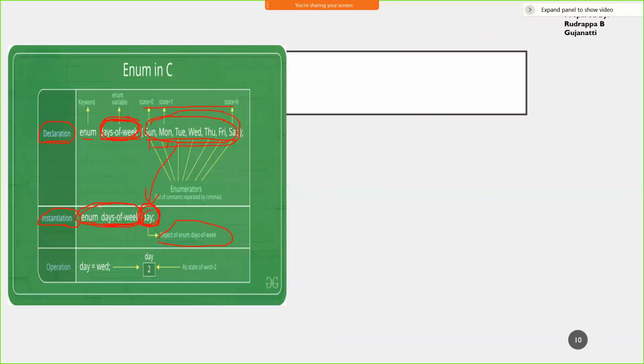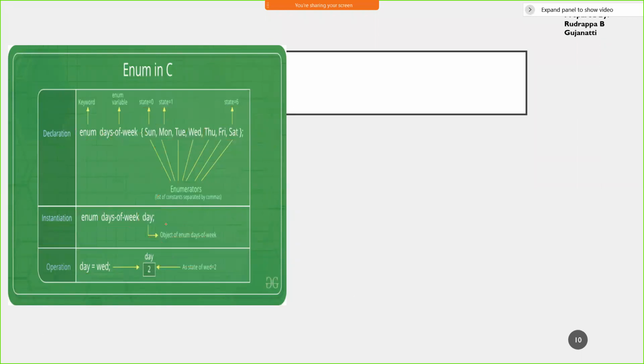This is also a constant, but what you are specifying is a set of values, and you have to declare an object or a parameter of type enum days of the week. So you declare day and you can assign day is equal to any of these values. In this case, it is Wednesday, so it is like day 2 of the week. Now here, if I write day is equal to XYZ, this will throw an error because you don't have XYZ in this set. The only possible values it can take are these. So that is one point I wanted to clarify with respect to the previous class's discussion.